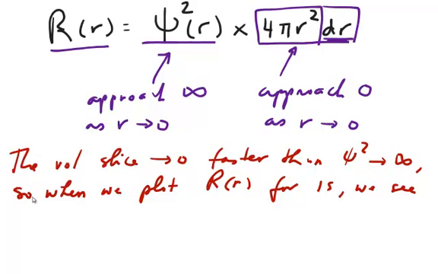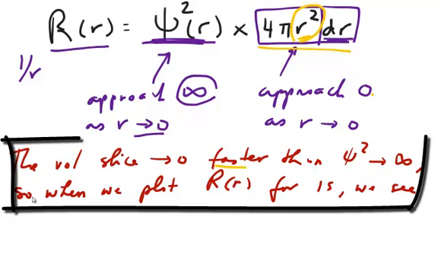Now, if you think about these two quantities, the psi squared we already talked about earlier is proportional to 1 over r. So as a result, it's going to approach infinity when r approaches 0. That's what we saw earlier with the original plot. However, the second component now is the volume slice component. And as you can see, when r approaches 0, this whole thing also is going to approach 0. Now, because the volume slice has a component of r squared in it, it's going to approach 0 faster than